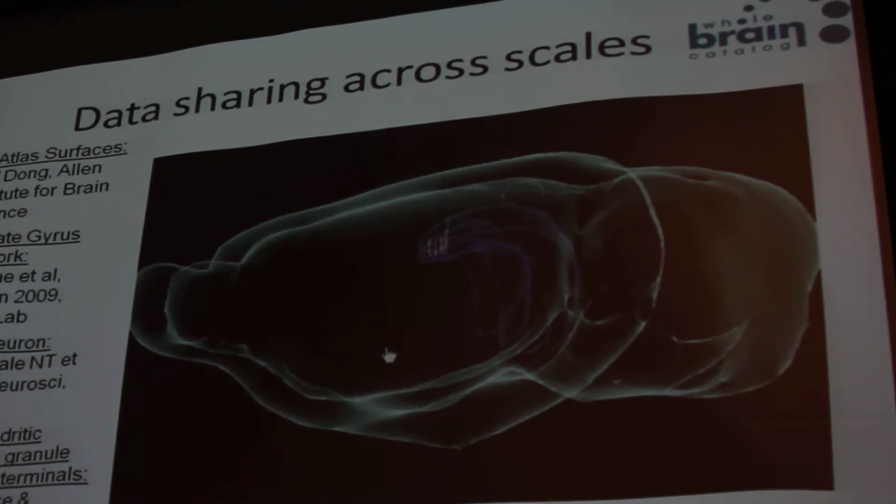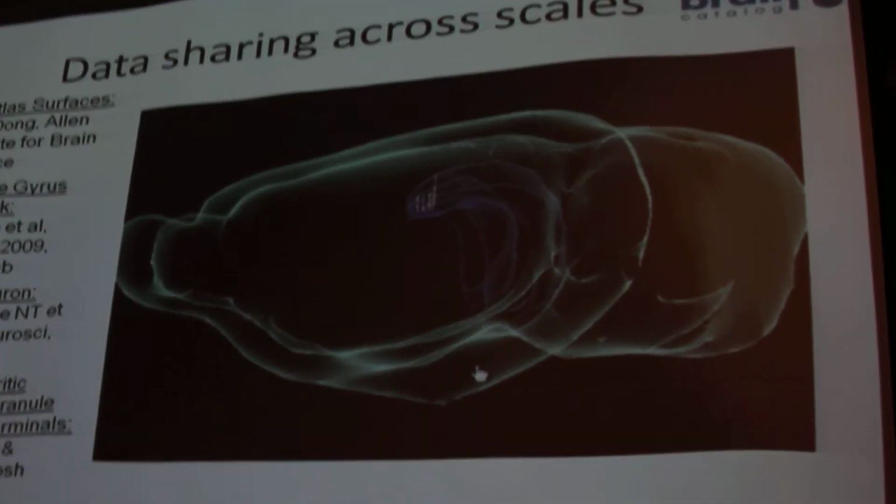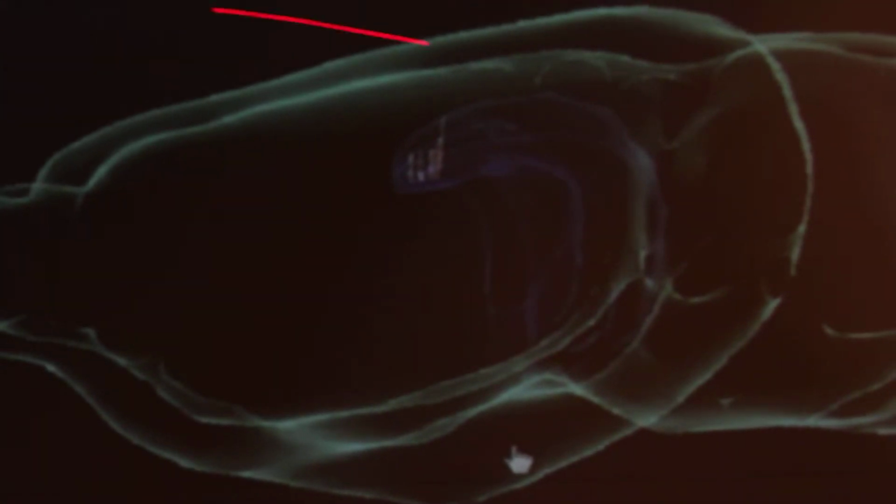So one of the things that you can look at, for example, is you can take a cell that's been situated inside that brain and you can get information from the neural net, such as this. Another valuable thing that you can do is you can share data across scales. So this maybe is an example where we've got data from the Allen Institute as well as a single cell fill that comes from a 1997 paper published in the Journal of Neuroscience that was talking about that individual cell, and also electron micrographic reconstructions that come out of the Ghosh lab from the work of Scott Wilkie, where he was examining the dendritic branch and the spines that are associated with the CA3 dendritic branch. So that's, I think, an example of what data sharing might look like in the future,